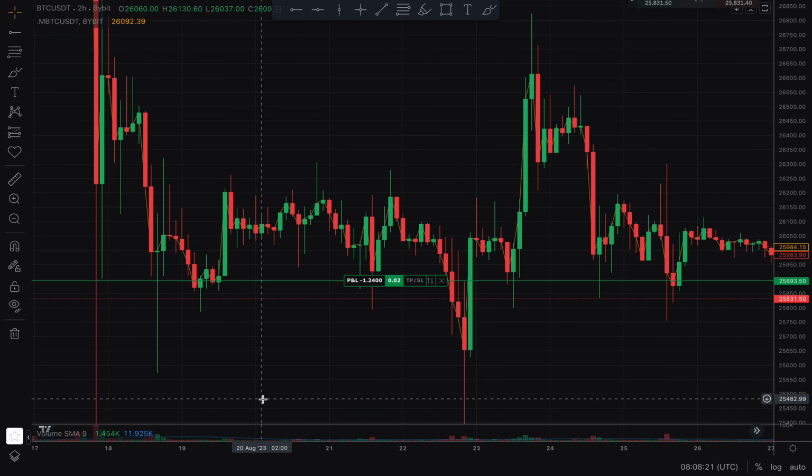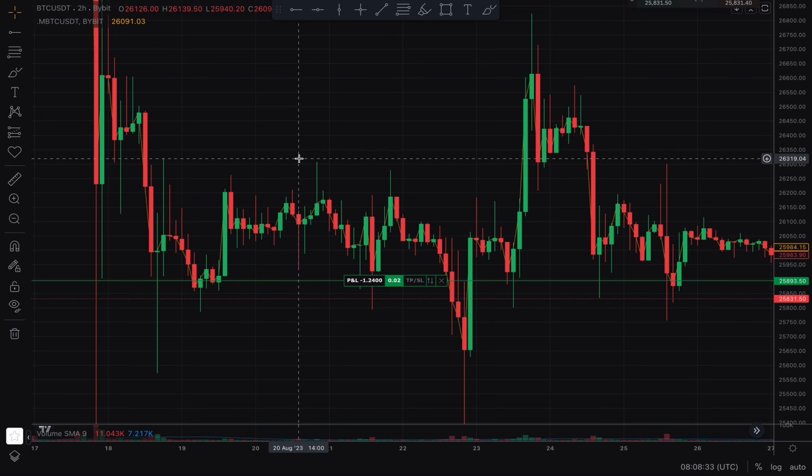But the problem with this, what will I call it, signal or strategy, is that you need to be sure, because you're going to be scared. Imagine you see the market moving up and you just want to sell because you know the market must pull back. It's crazy. People will even tell you, do you know what you're doing? You can see this market